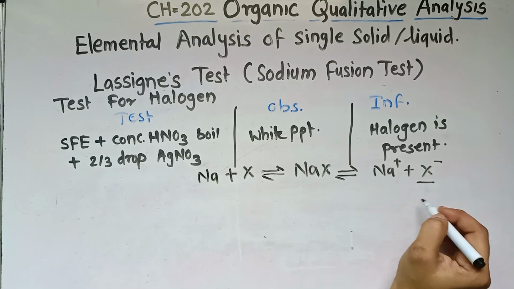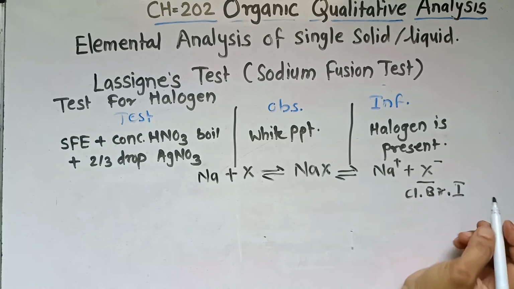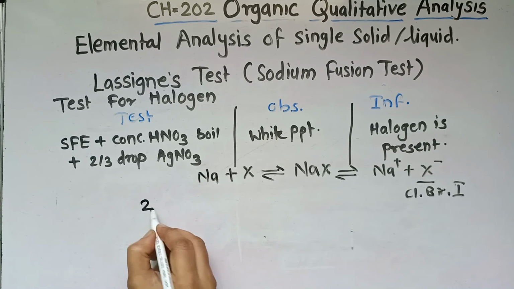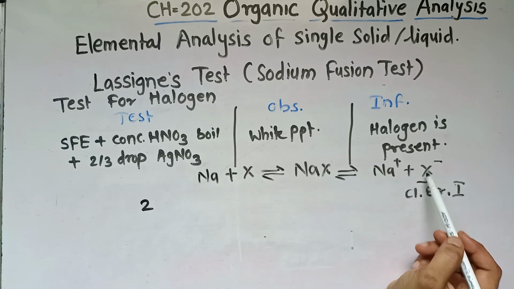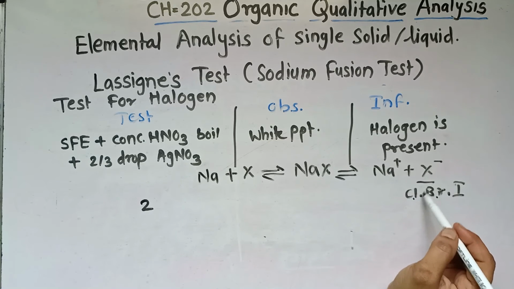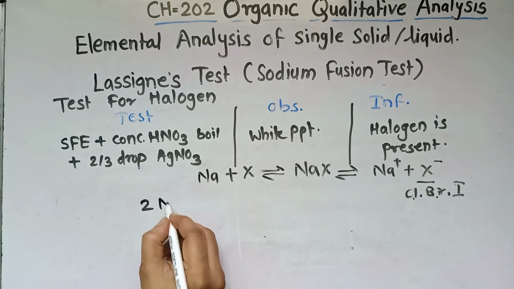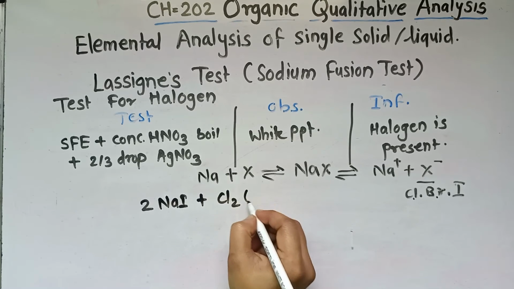This X may be chlorine, bromine or iodine. So here the first test is separation of halogen. If we are getting the PPT, the halogens are present. These halogens may be chlorine, bromine or iodine. So how do we conclude whether it is chlorine, bromine or iodine? So we take this sodium iodide, then we add excess